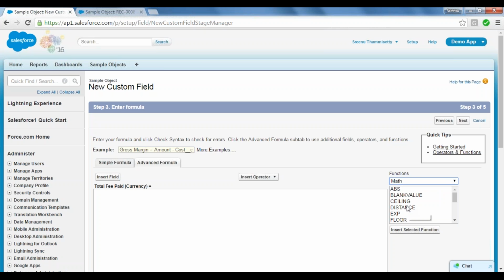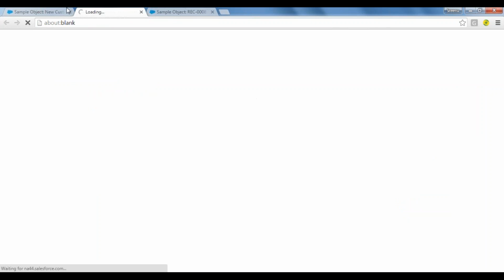So coming to mathematical, you will have blank value, distance, ceiling, with a description for every function. You will have some description of how to execute those functions. So if you need further help, after selecting any function you can just click on this. It will open one